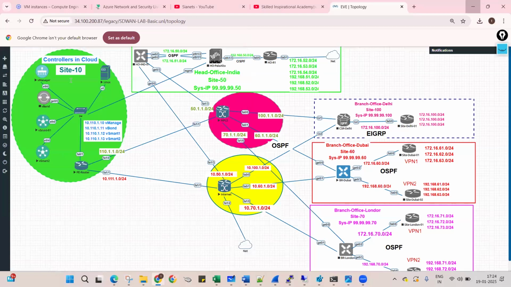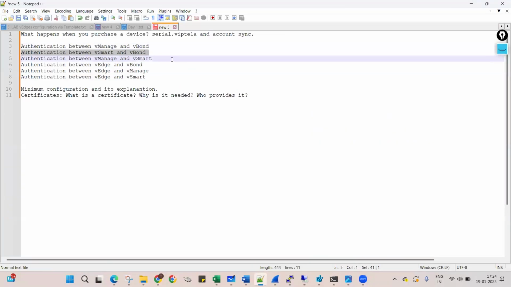Meanwhile, we'll go ahead with the other authentication, and then we will look for the packet captures. So similarly,